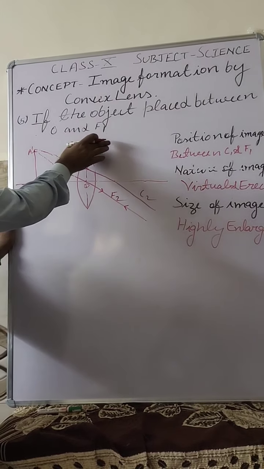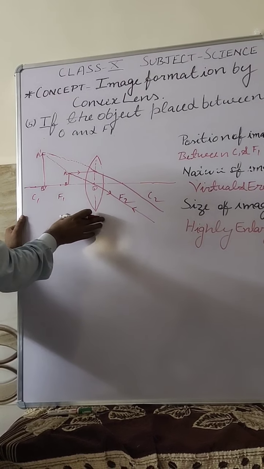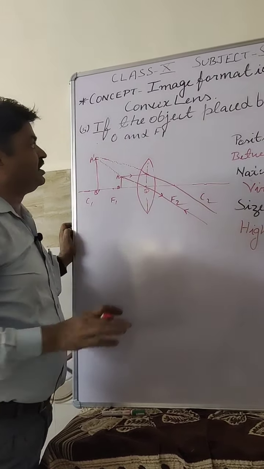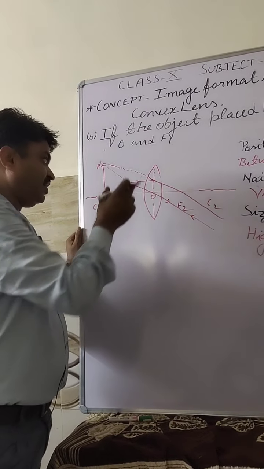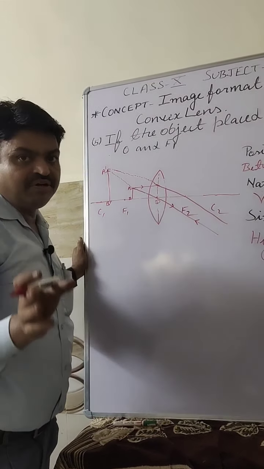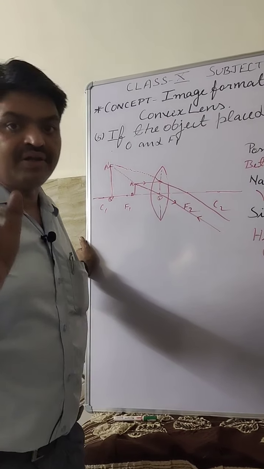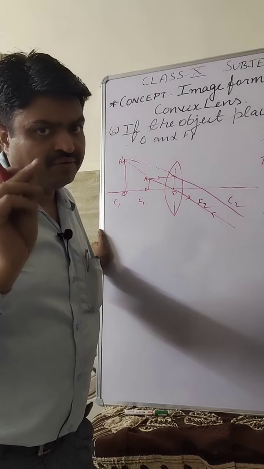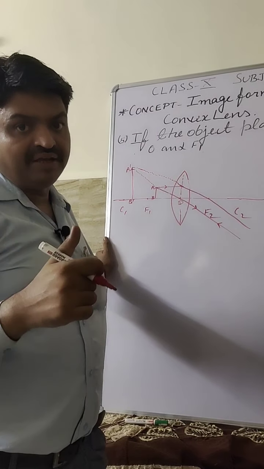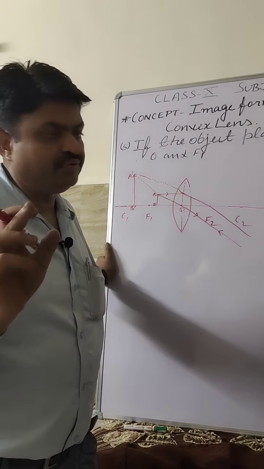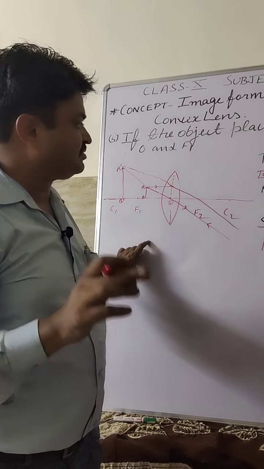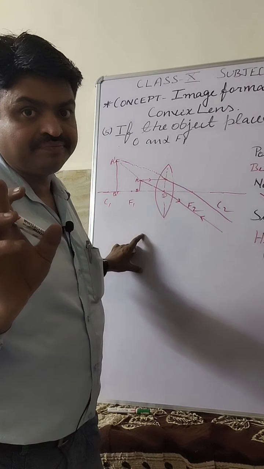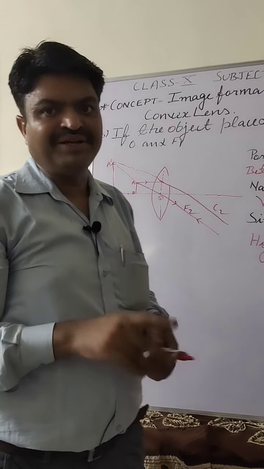So it is about the exception. It is the exceptional ray diagram, student. Exceptional ray diagram of convex lens. So all these ray diagrams you will draw in your notebook and try to practice these ray diagrams. And in the notebook or in your exams, what will you do? You will draw these diagrams with the help of ruler, pencil and compass, student. So thank you very much and have a nice day.